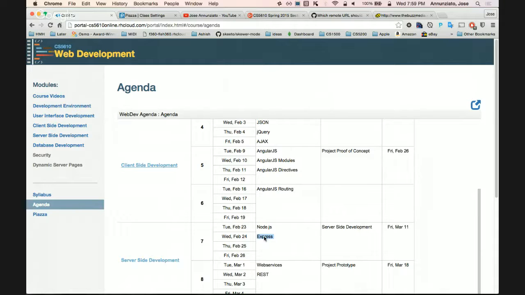How can we send data back to the server so that it can be stored permanently in a database? So we're going to start looking at Express. Express is a library, a Node.js module that allows us to very easily create these servers. It's a library that allows us to manipulate or interact with HTTP.